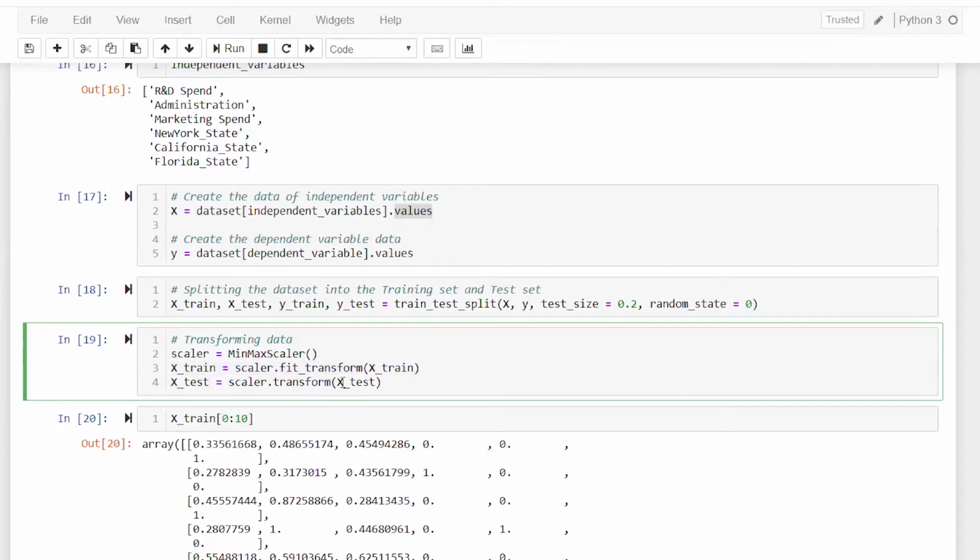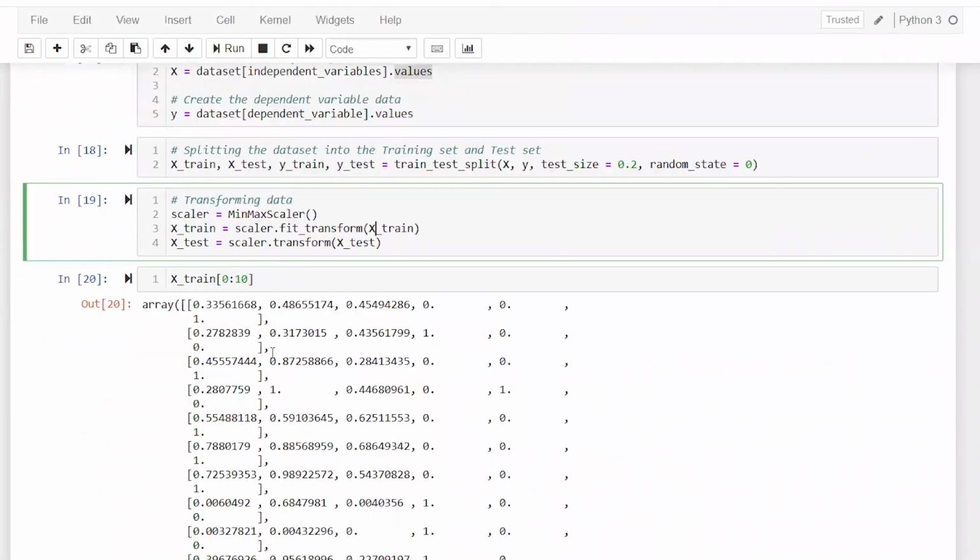So this is very important in machine learning. You will do all the operations based on your training data set, and then you will use the same transformations in the test data set, right? You fit and transform in the training data set, but you only transform in the test data set. Because if you do a fit transform on the x test, it will have different values of x min and x max, and that will impact your model performance.